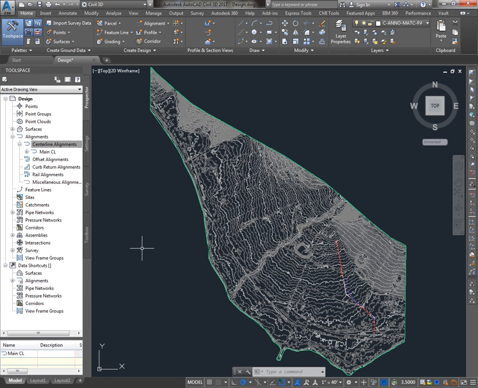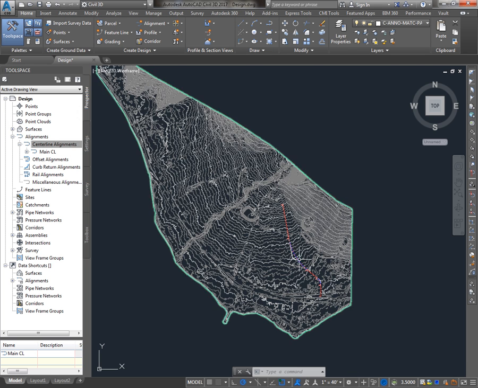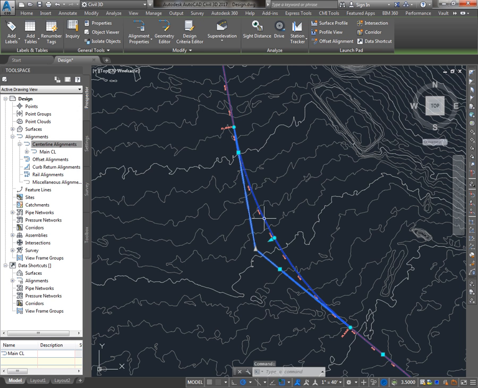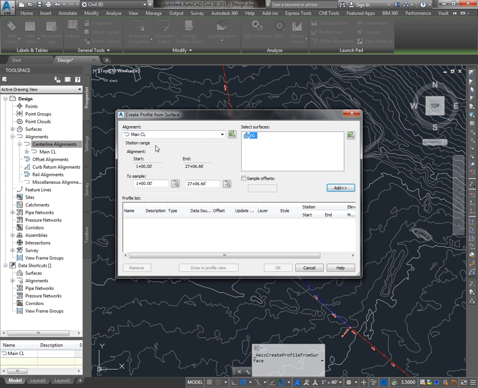In this video, we'll create an existing ground profile and a design profile and display both of them in a profile view. So we've already got an existing ground surface brought in through a data shortcut and the centerline alignment. To create the existing ground profile, I'll select the alignment, and on the contextual ribbon tab that appears, I'll go to Surface Profile. Choose the appropriate alignment and surface and click Add, and you'll see a new entry in the